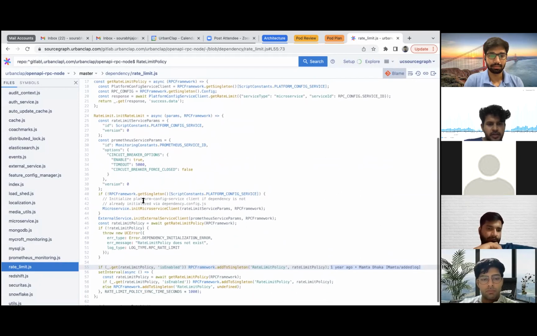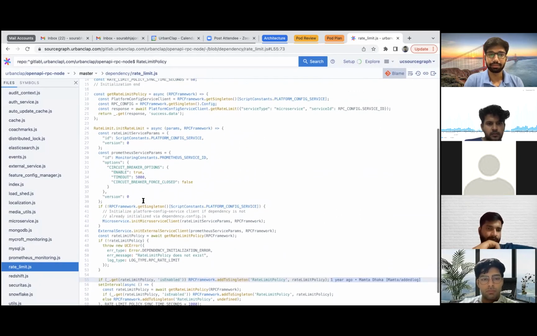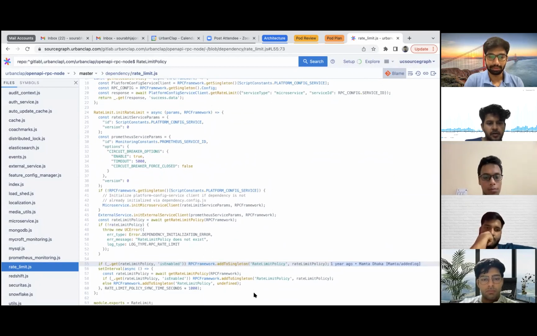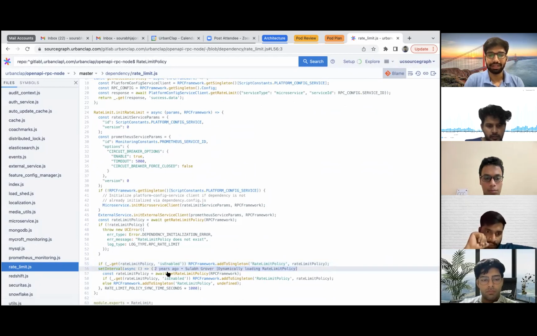Sync rate limit policy sync time seconds, line number 15. 15 into 1000, so